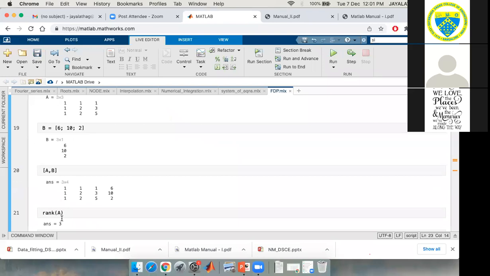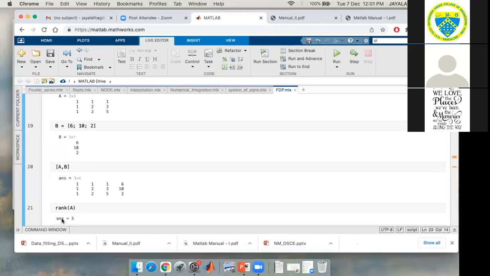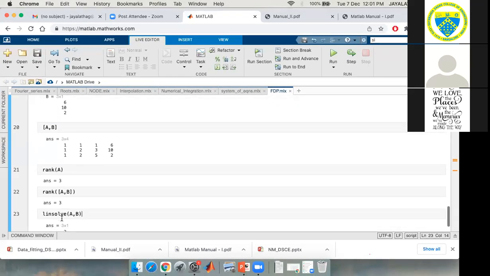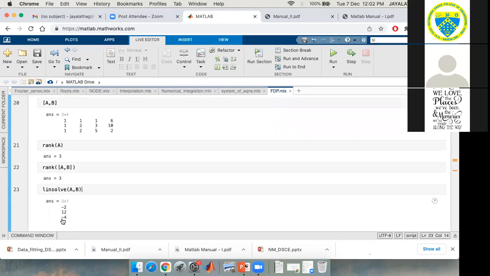Anyone tried with rank of matrix A is to B? So linsolve A comma B will return the solution -2, 12 and -4.